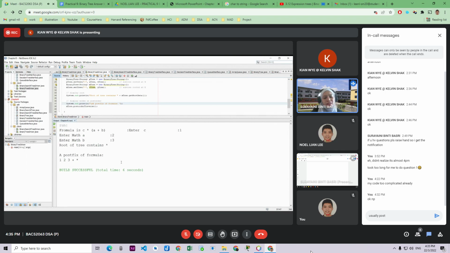Actually, it didn't ask you to display the value. It just wants you to display back the expression only. For example, it asks for the postfix, but that postfix expression is actually referring to A plus B. Only A plus B, yeah, because